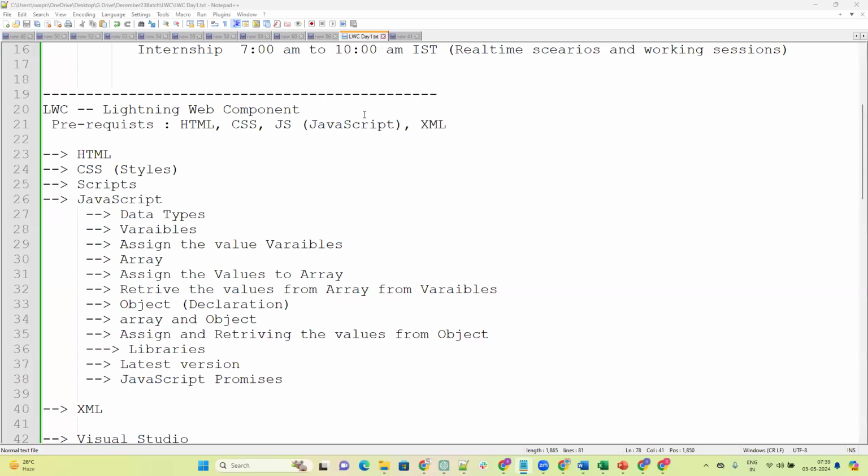Now, yesterday we started with the LWC session, and today is day 2. In yesterday's LWC session, we saw the topics that we are going to cover in the LWC course. Before starting with LWC, or Lightning Web Component,